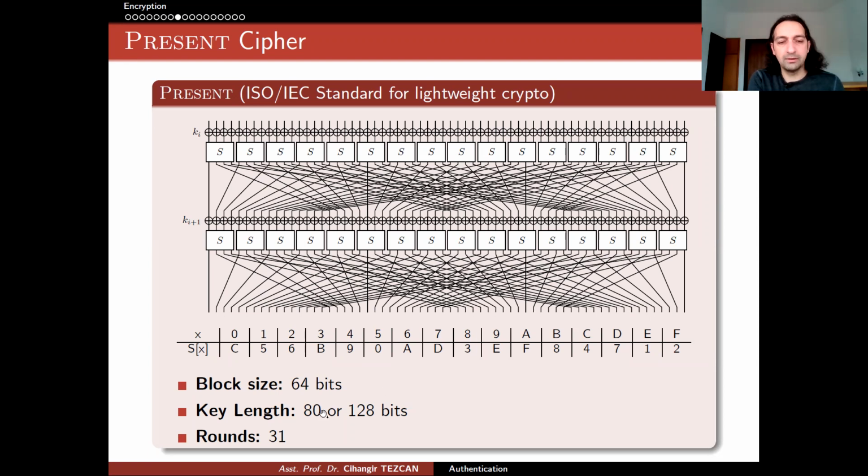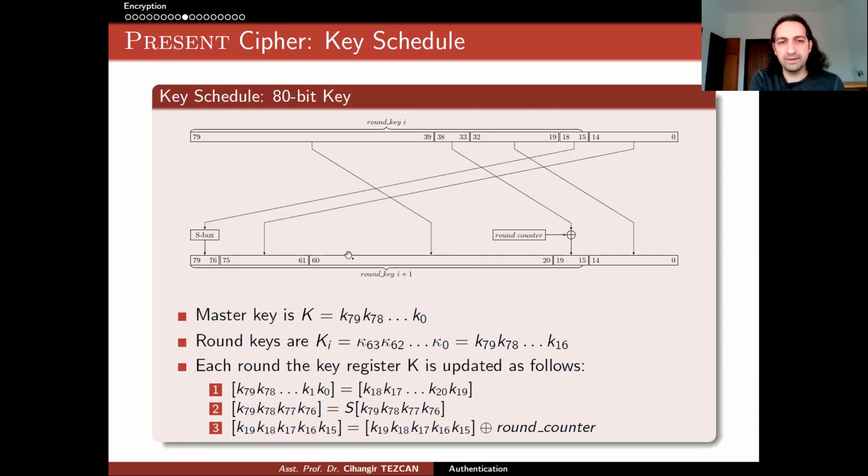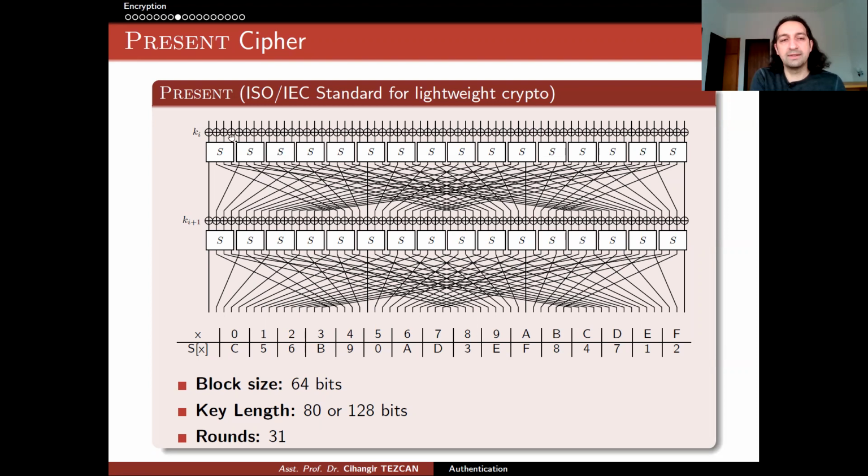Now, I haven't told you how these round keys are produced from the master key. It is very simple for this cipher. They define it like this. I told you that your master key is 80 bits, right? Write it here, 80 bits, numbered from 0 to 79. They say that the leftmost 64 bits are your round key. So initially, if you have an 80-bit master key, the leftmost 64 bits are used here.